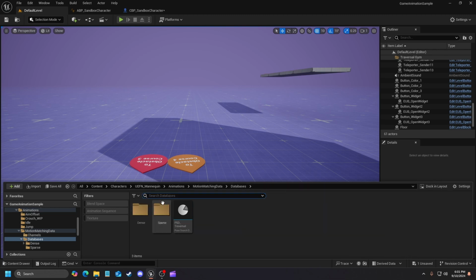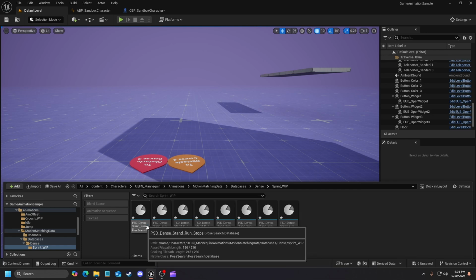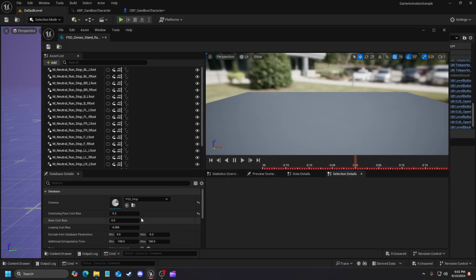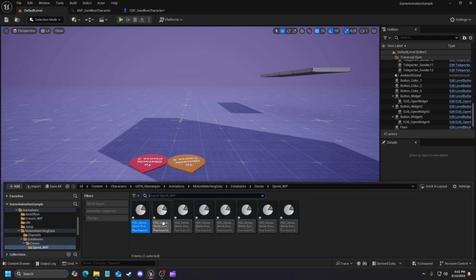Oop, I should have just gotten rid of run. I'm going to go back into Dents and then Sprint Work in Progress. I'm going to hit V to paste all of the run animations in here, or databases in here. So now what we're going to do is I'm going to check these real quick just to make sure. So we have our run stops, looks like, and then we have, so everything else should be fine